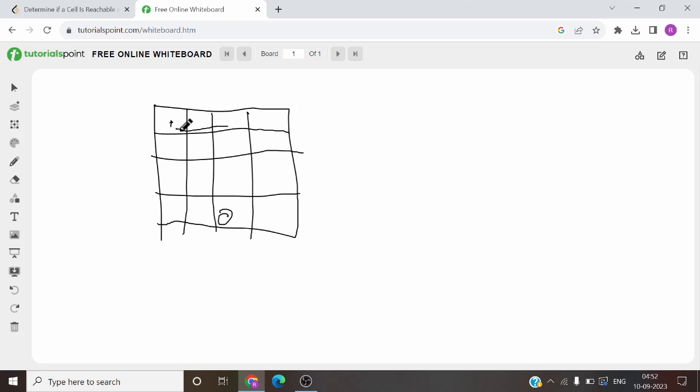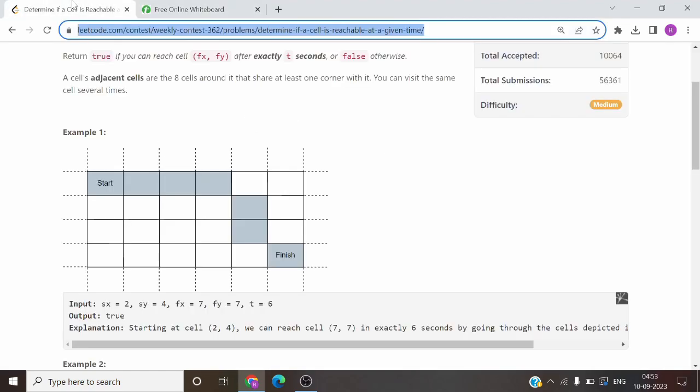ऑफ रोज का डिफरेंस 2 है, नंबर ऑफ कॉलम्स का डिफरेंस 3 है, सॉरी, नंबर ऑफ कॉलम्स का डिफरेंस 2 है, नंबर ऑफ रोज का डिफरेंस 3 है, तो मुझे 3 पॉइंट्स लगेंगे। कैसे? फर्स्ट टाइम मैं डायगोनल जाऊंगा, सेकंड टाइम डायगोनल जाऊंगा, थर्ड टाइम हॉरिजॉन्टल। टेक एनी पॉइंट, इट विल बी इक्वल टू द डिफरेंस ऑफ मैक्स ऑफ नंबर ऑफ रोज का डिफरेंस और नंबर ऑफ कॉलम का डिफरेंस। सो सिंपली हमें यही